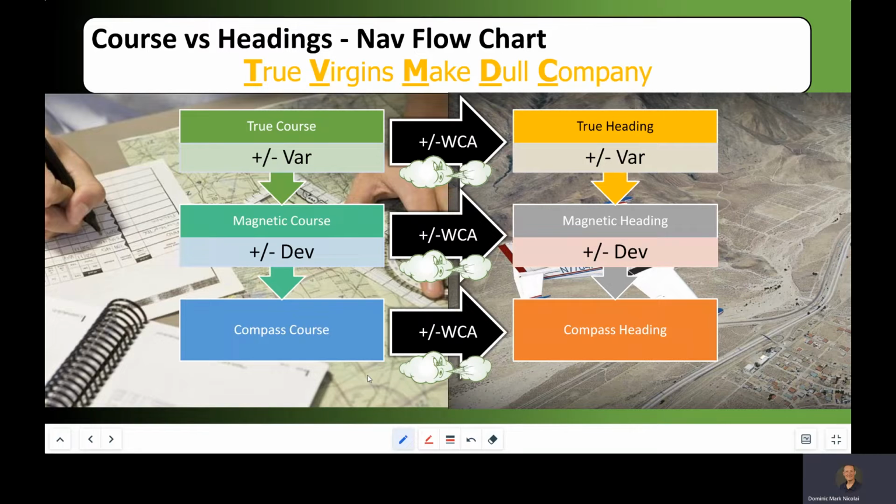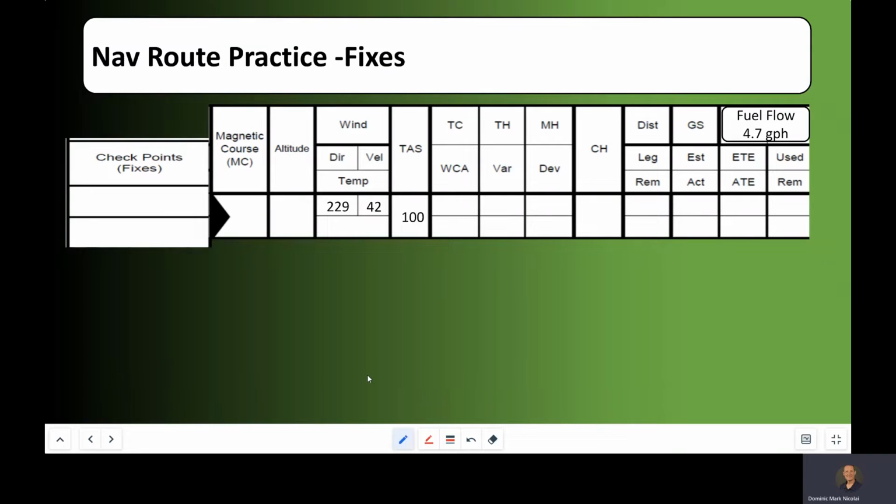That's why you've got the nav log. I want to make sure everybody can do it, and then part of our group activity is going to be emphasizing certain aspects of the navigation log, making sure you understand it. Okay. So we're going to start, and that